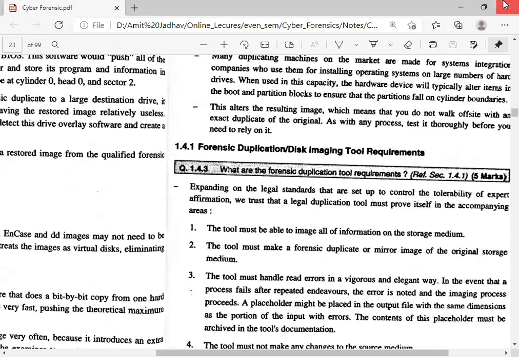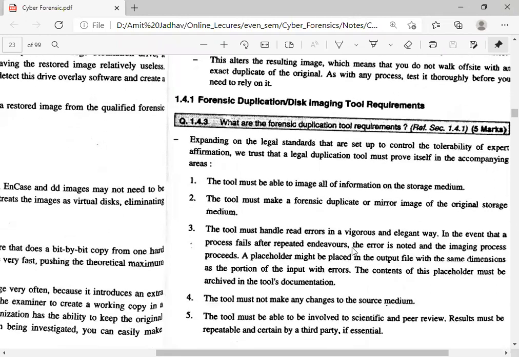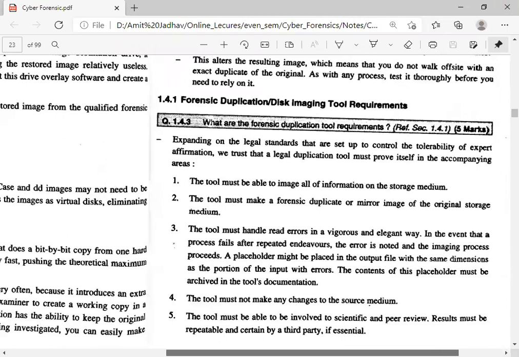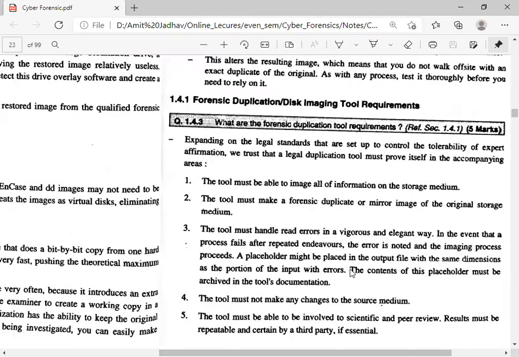The tool must handle read errors in a rigorous and elegant way. In the event that a process fails after repeated attempts, the error is noted and the imaging process proceeds. A placeholder might be placed in the output file with the same dimension as the portion of the input with errors.